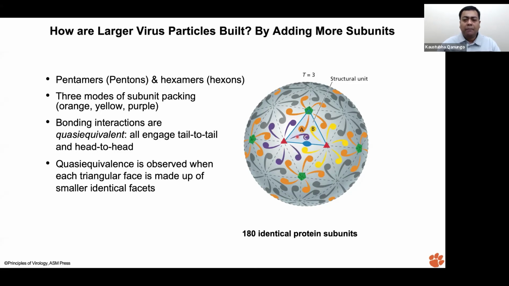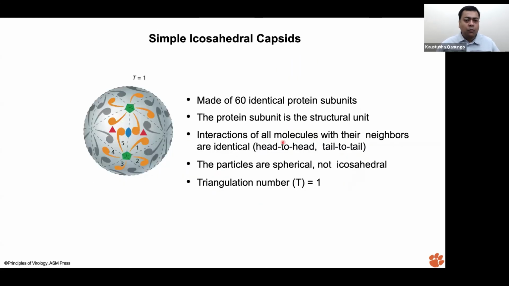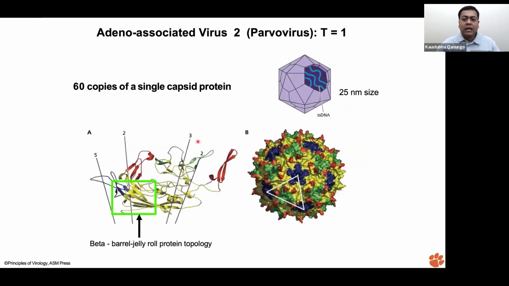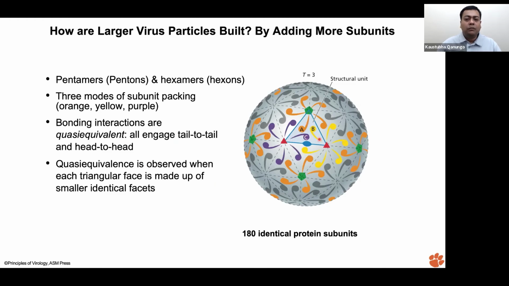So here, for the other ones which you have seen before, all of these units were made up of the same protein. These are all the same protein, all these 3 proteins. Here we are making them with 3 different proteins, different subunits, 3 modes of subunit packing. And what happens, these bonding interactions, we are introducing a term, is quasi-equivalent and all engage tail to tail and head to head. And this quasi-equivalence is observed when each triangular face is made up of